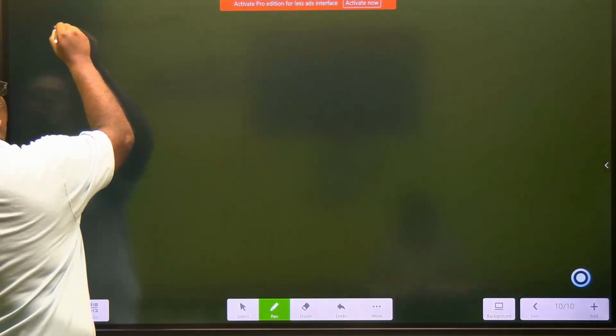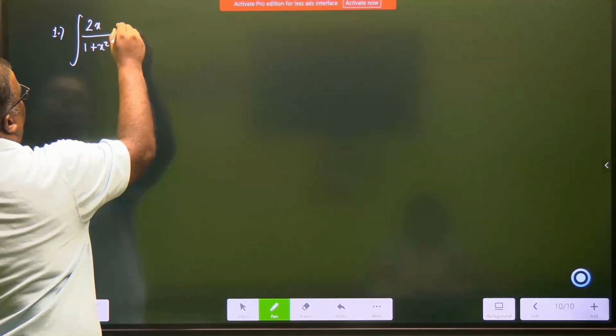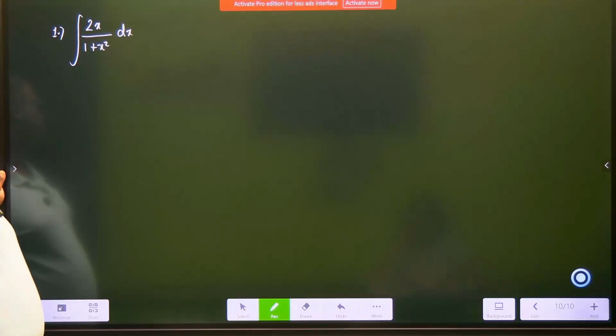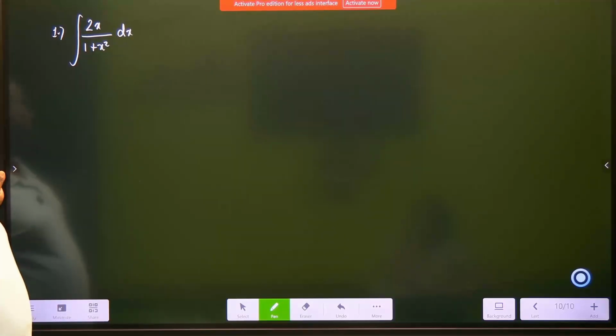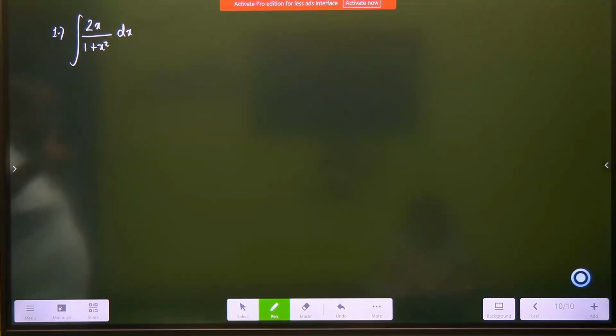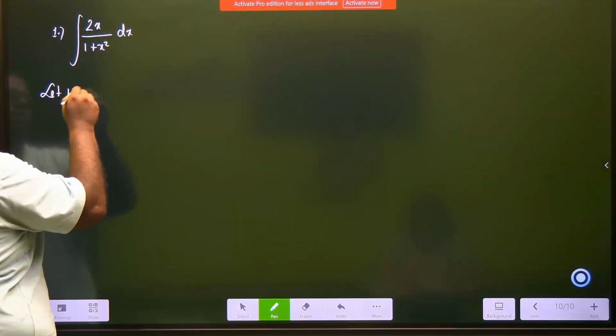Let's look at a problem. Our first problem of the exercise: integral of 2x divided by 1 plus x squared dx. Could you spot the dad? Dad differentiation should be son. 1 plus x square is the dad. If you differentiate 1 plus x square, what will you get? 2x, 2x dx. That thing has to be in your head. You have to target that. So let's do it. Let 1 plus x square